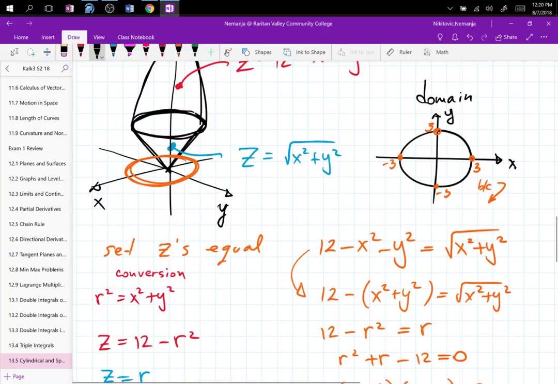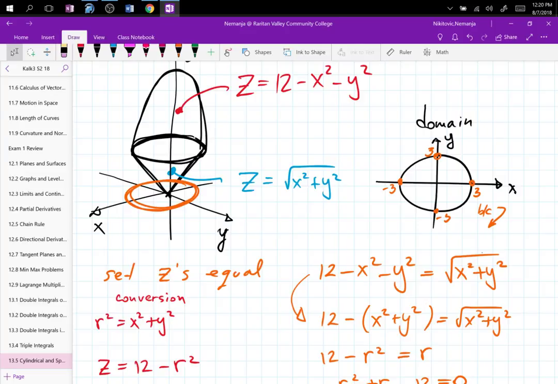So what was the only thing, well, first off, the orange thing, right? The orange thing was there to figure out the domain, because the domain is whatever shadow is cast when you take a light and shine it above the object. So in this case, it was a circle. To find the equation of that circle is when the z from the top shape meets the z from the bottom shape, and that was